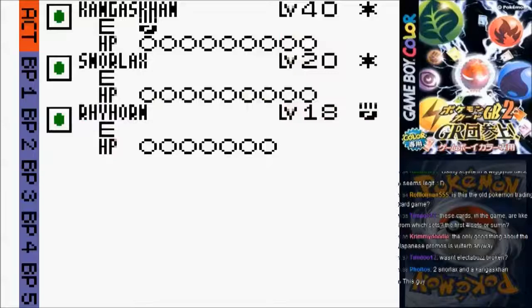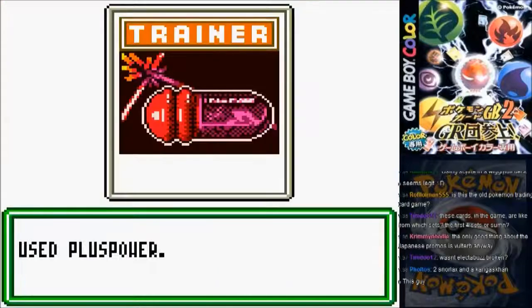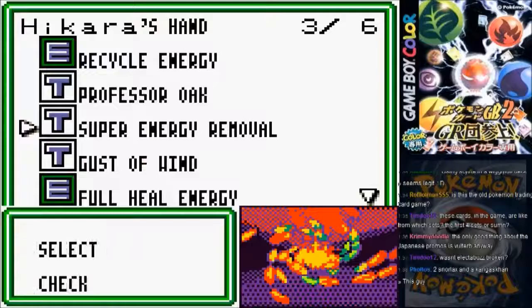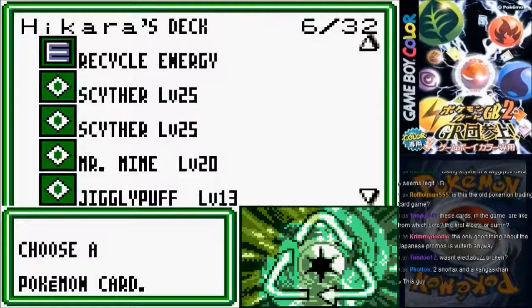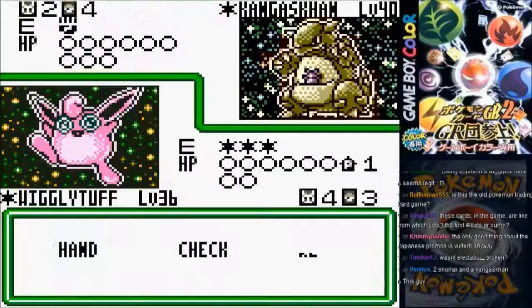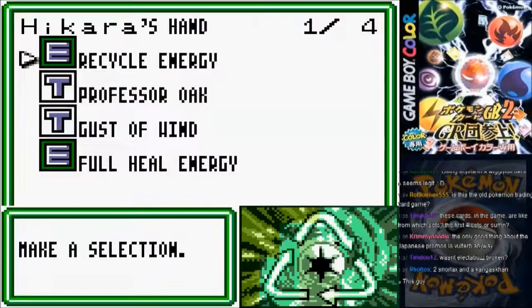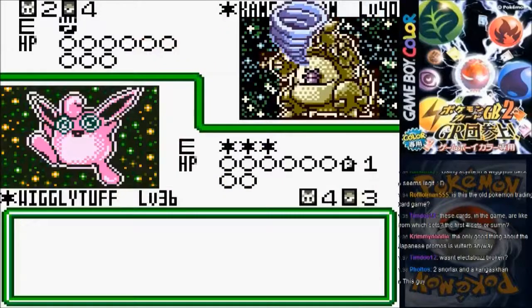Or I could take out Rhyhorn before it becomes a potential danger. Yeah, plus power, I'm going to Computer Search, I'm going to get rid of Super Energy Removal and Full Heal Energy. So I'm going to get myself out another Pokemon, it's going to be Jiggles, of course. Because we want to stream Wigglytuff as much as possible here. And now with Gust of Wind and a full bench...